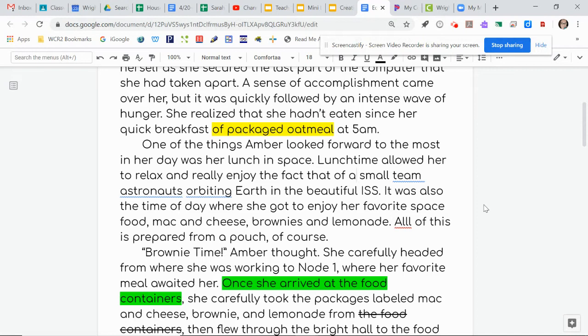I don't even know if I like that. Let's read it again. So this is what a good writer does. Reread those sentences a couple times. Lunchtime allowed her to relax and really enjoy the fact that of a small team. That doesn't make any sense. Lunchtime allowed her to relax and really enjoy the fact that